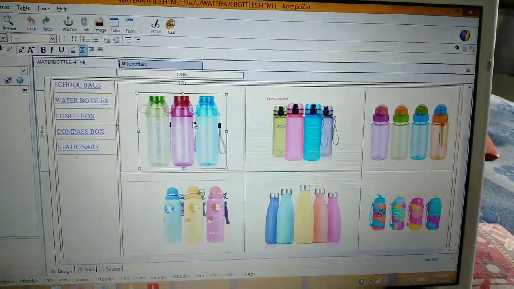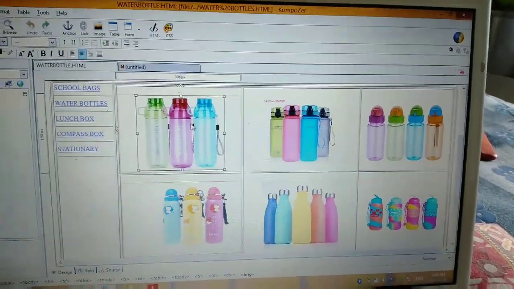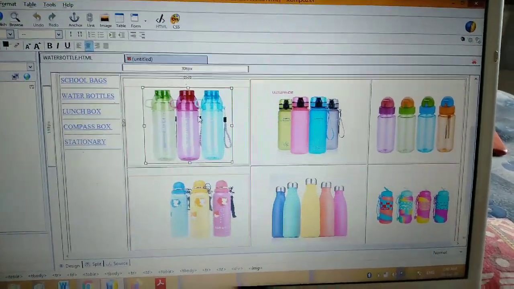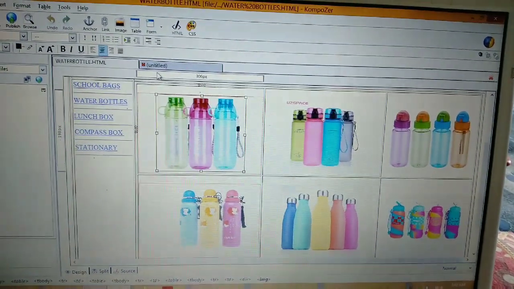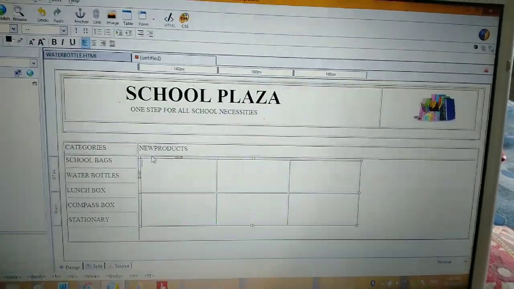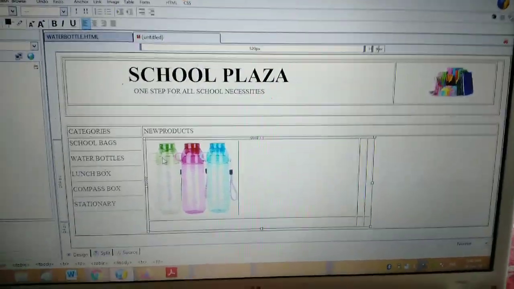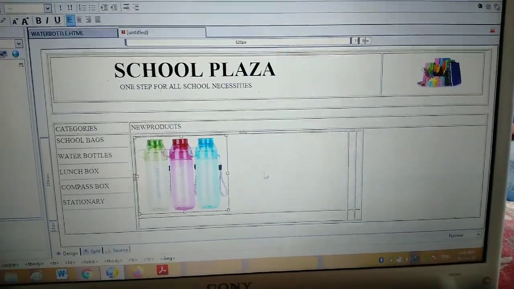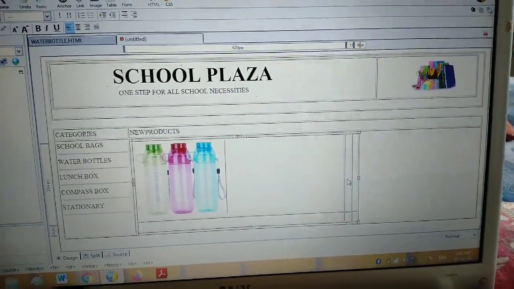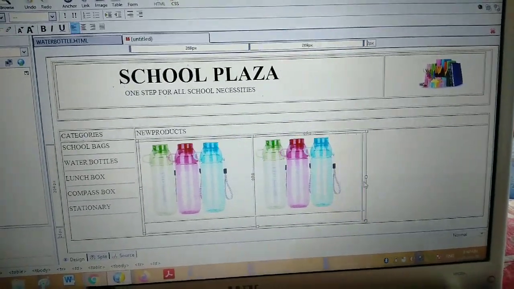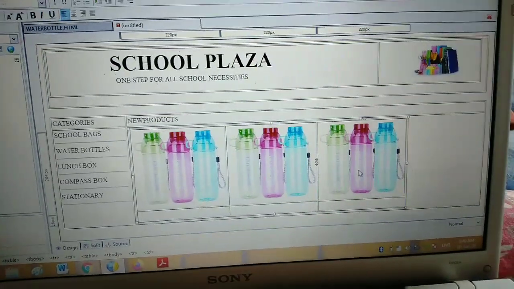I am copying my image which I have already set in my website. Now I am applying it to my website first. Now I want to apply in my second cell, in my third cell.